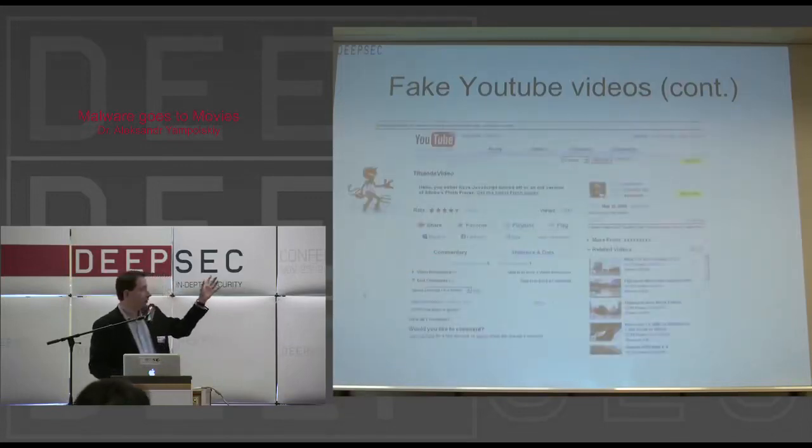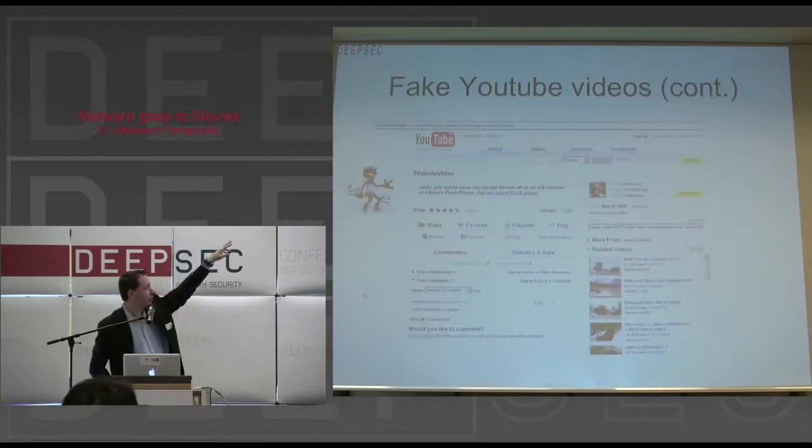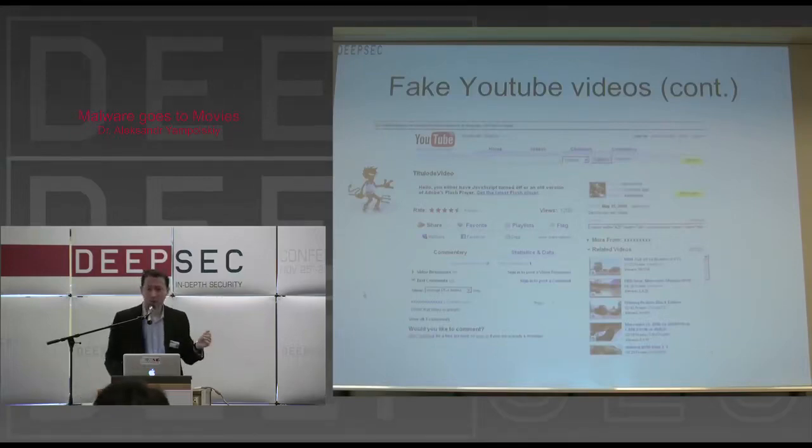So if you look at how it looks, you go to a particular page and it looks identical to YouTube. At the bottom, you can see commentary which says "oh, that video is great," which the bad guy actually put in there. And on the top, you see a little information message which says additional plugins are required to display all items on this page. So a person goes there and it says you have JavaScript turned off or an old version of the Adobe Flash Player. Click here to get the latest Flash Player. And most people would just click on it, upgrade their Flash Player, and get infected.